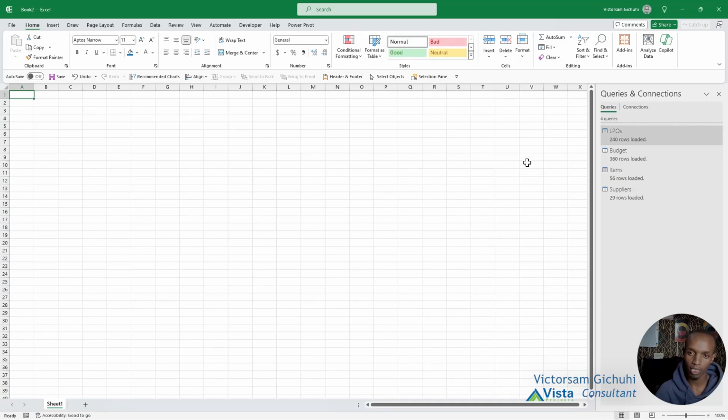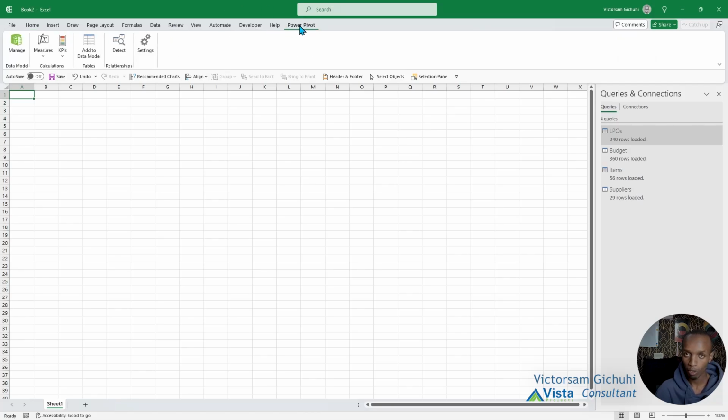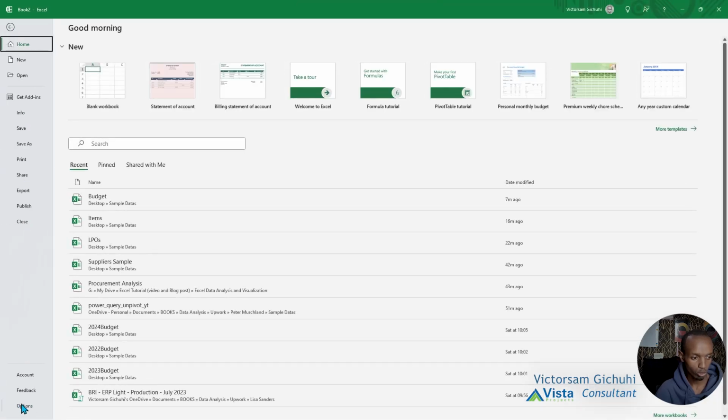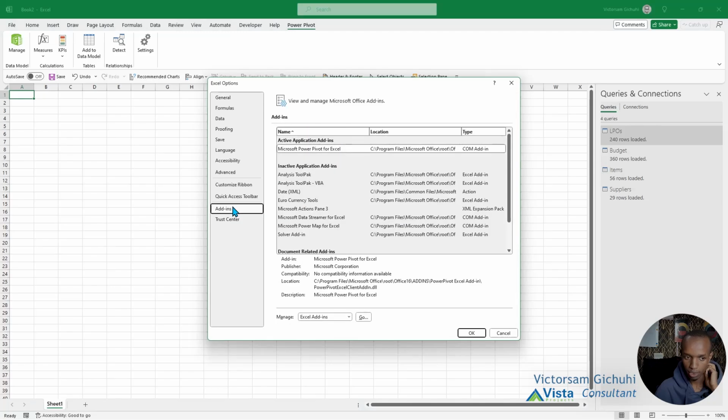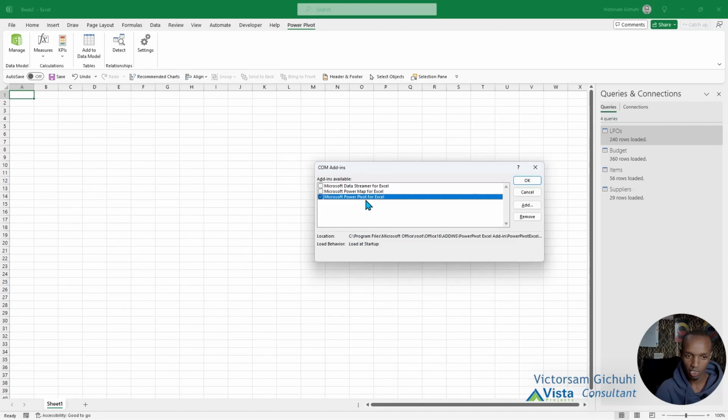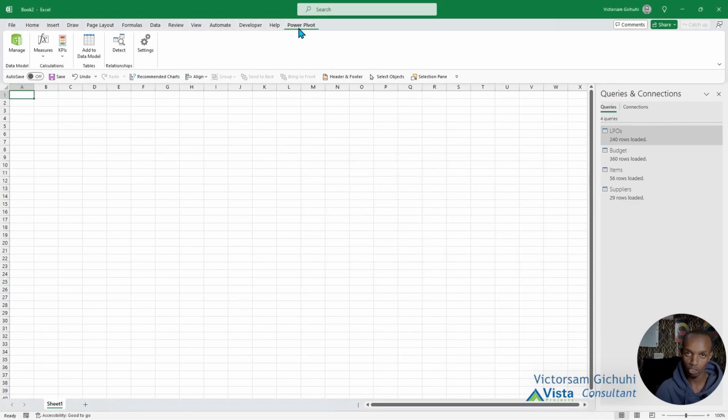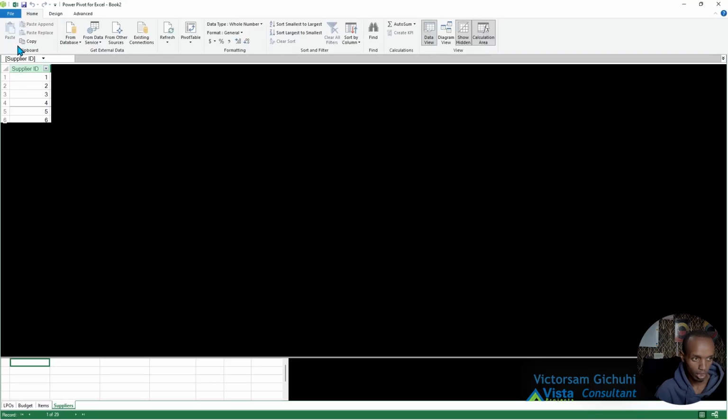Let's now open the data model and see what goes on there. You can access the data model from the Power Pivot tab. If you don't already have this tab, go to File, then Options, select Add-ins, then choose COM Add-ins, Go, and you will see Microsoft Power Pivot for Excel. Just check the box if it is not already checked, and it will appear as an additional tab. Once you get to the Power Pivot tab, click on Manage, and it opens the